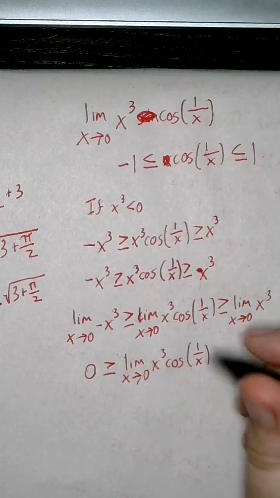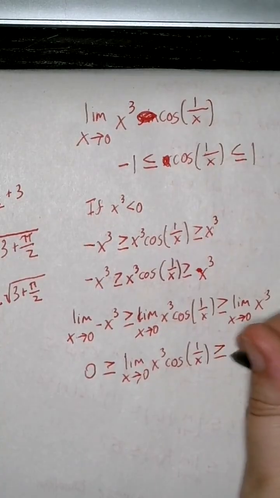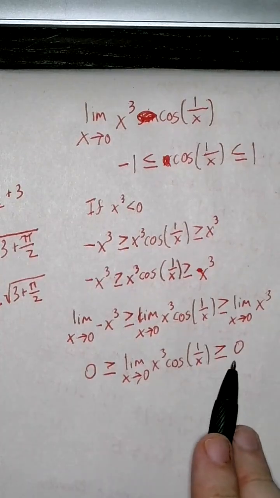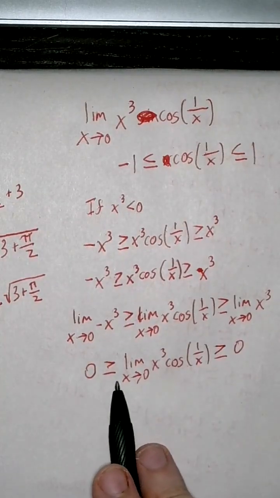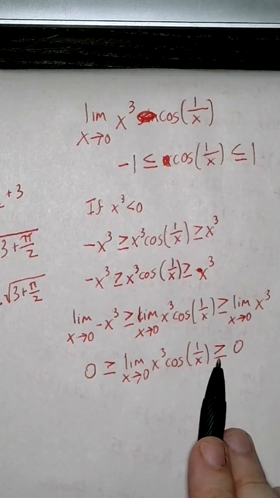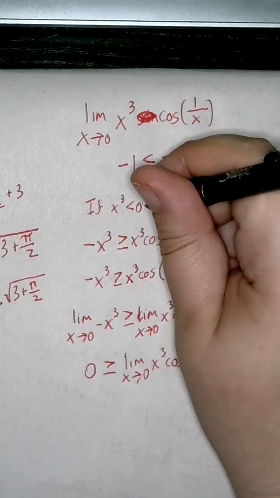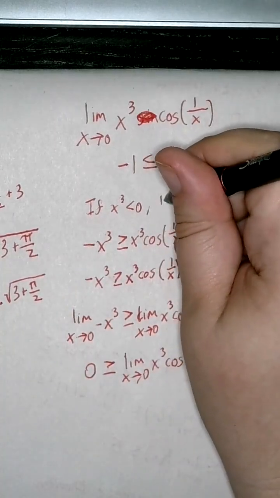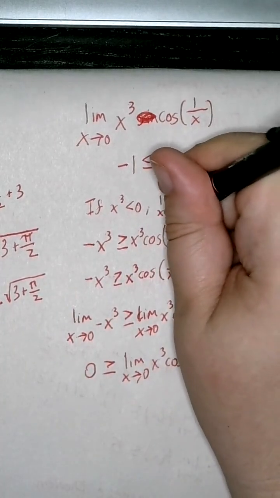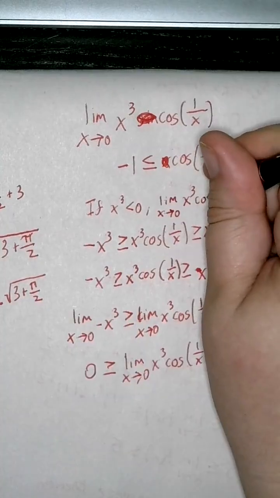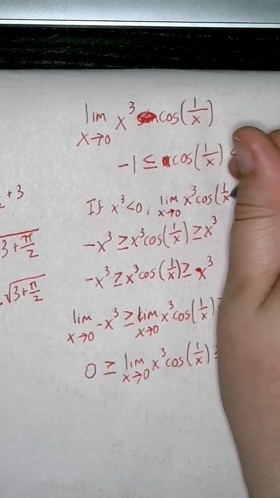It is again 0, right? So 0, I don't know about you, but I can't think of a positive or negative number that satisfies this equation. So if x cubed is less than 0, the limit as x approaches 0 of x cubed times cosine of 1 over x